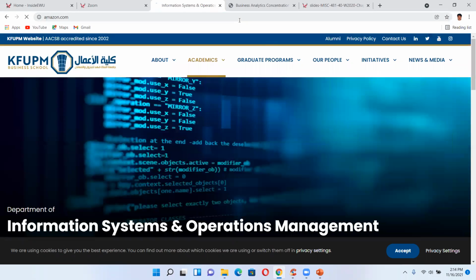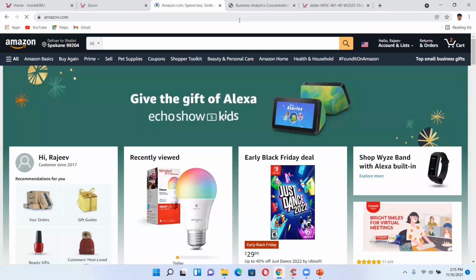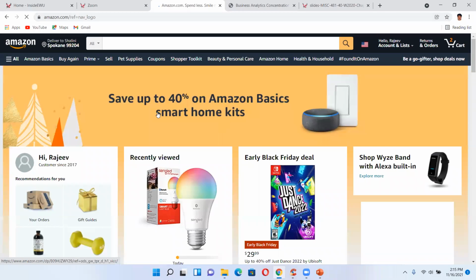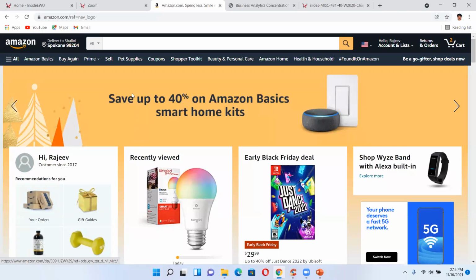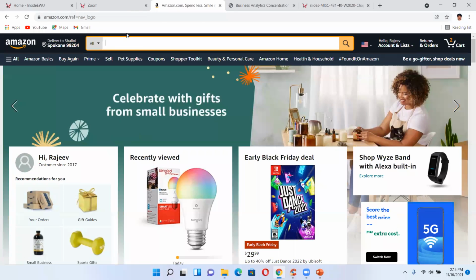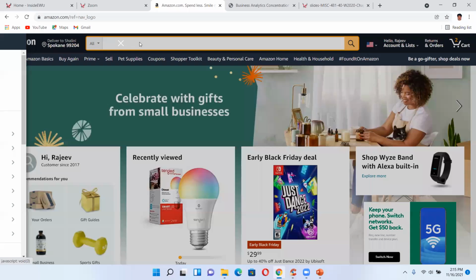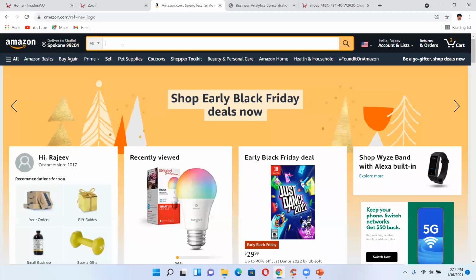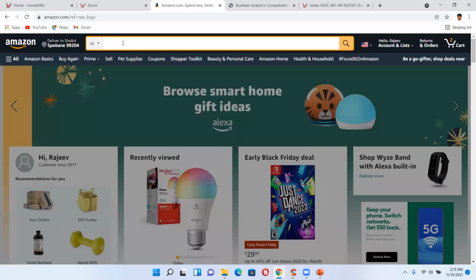For example, Amazon. Let's say I'm visiting for the first time. For example, I want to buy something. I know the best thing is why the search engine is at the top, because maybe I don't like all these, I don't want to go one by one. Let's say I want to buy a camera, a GoPro camera.